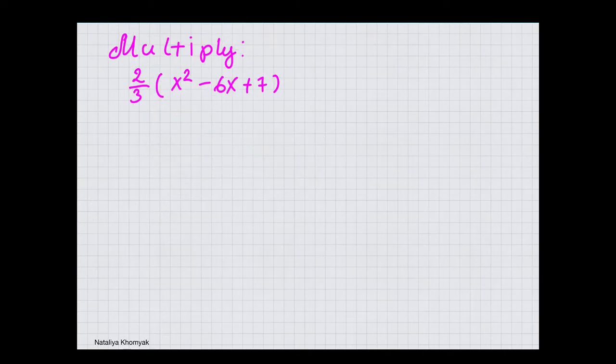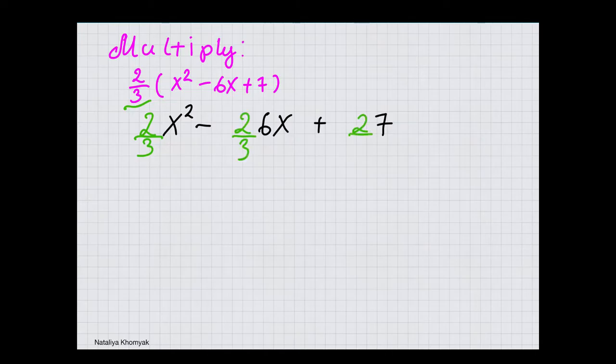Multiply 2 out of 3 times x squared minus 6x plus 7. First thing, copy the parentheses. Minus 6x plus 7. Then we want to distribute 2 out of 3, 2 out of 3, and 2 out of 3. Here we are multiplying whole numbers by a fraction, and each of the whole numbers can be divided by 1. So now we have 2 times x squared, 2x squared, out of 3 times 1, 3, minus,